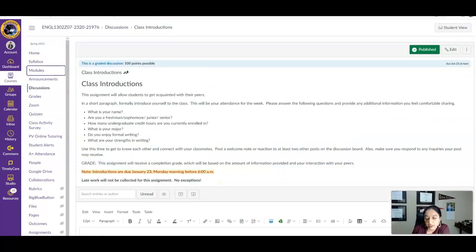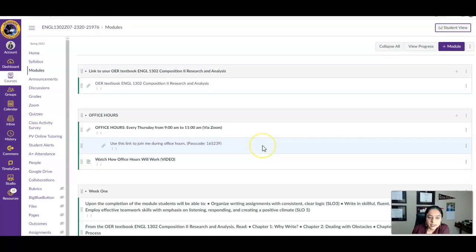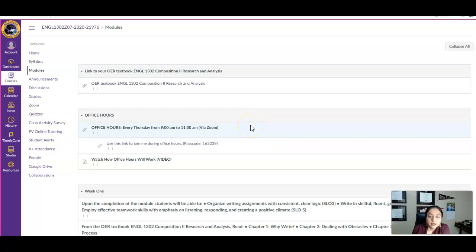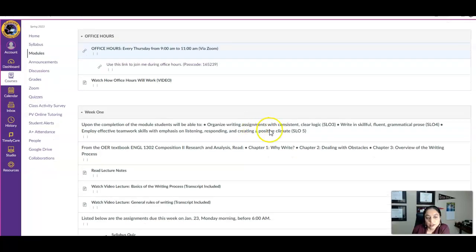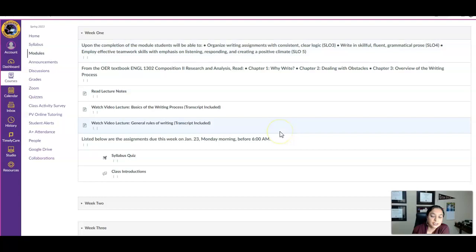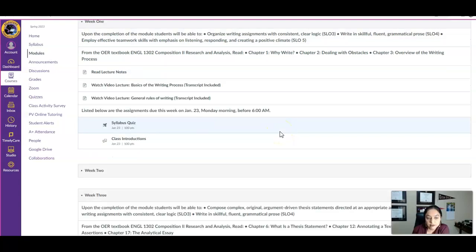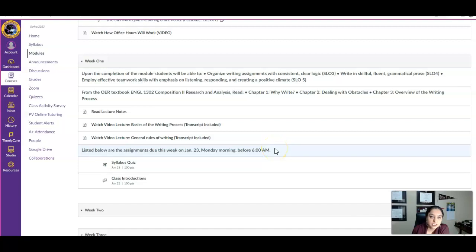So going back to modules. This is week 1, and exactly the same way every week a new module will be made available. The biggest thing that you have to be careful about is that you don't miss assignments. Every assignment is worth something, and it's never a good thing to get a 0 on anything. All my class policies, attendance policies, and everything are in your course syllabus.